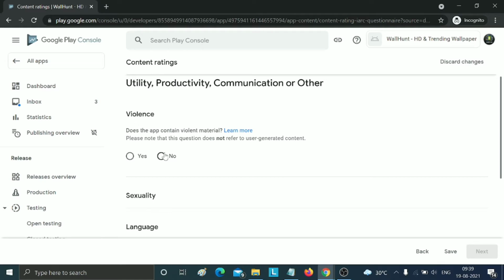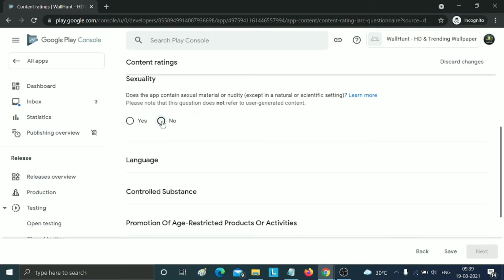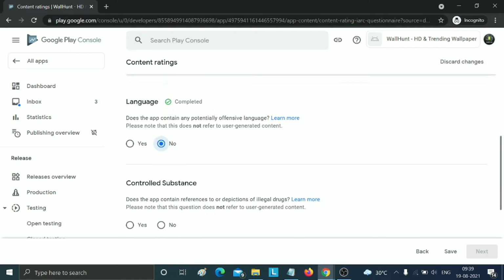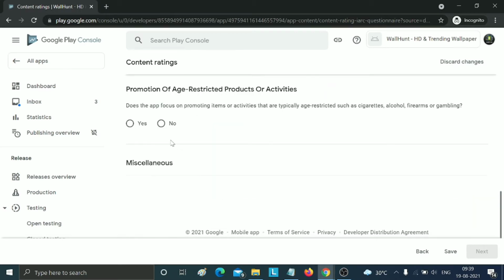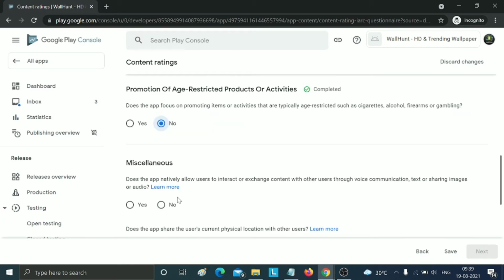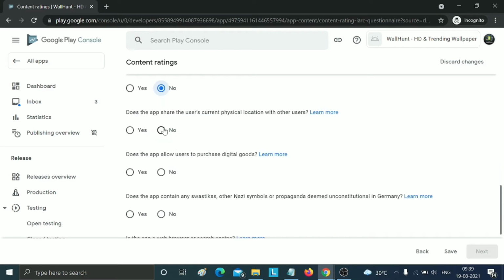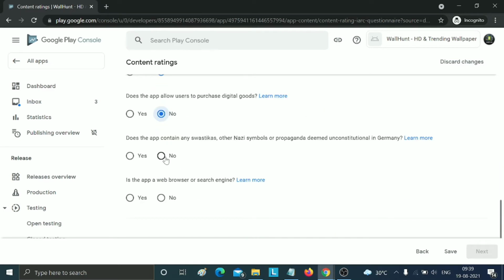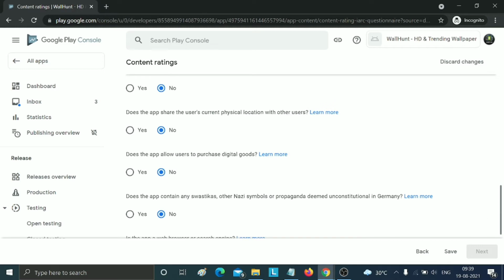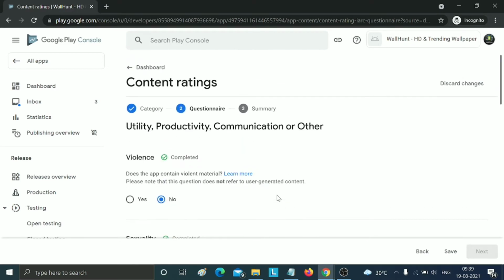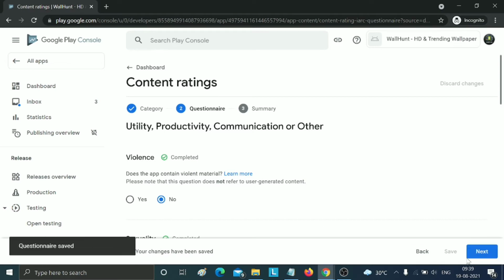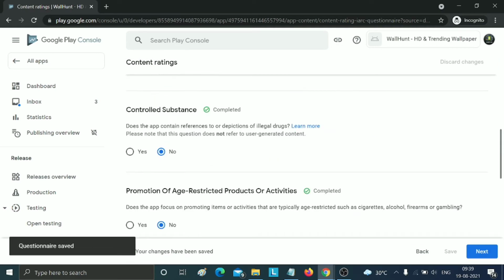Now we just need to add your answers to the questions here. My app does not contain any such language, or you can read all the questions and put your answer. Approximately all the questions have no option, so I have added the answer no for all questions. Okay, click on save and click on next.